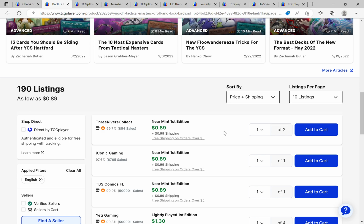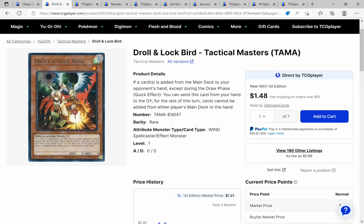If you're running hand traps, there's Ash, because Ash is always good. Then you have Dimensional Shifter, and the Bystials. So you basically have Ash, Bystials, and Dimensional Shifter. Those are the top 3 hand traps that are pretty much being used currently in the meta. Just because of the way it is, those are the ones that are very good and useful. It is true that there are a lot of decks that do lose to a Drone Lockbird, but for the most part, you'd rather have